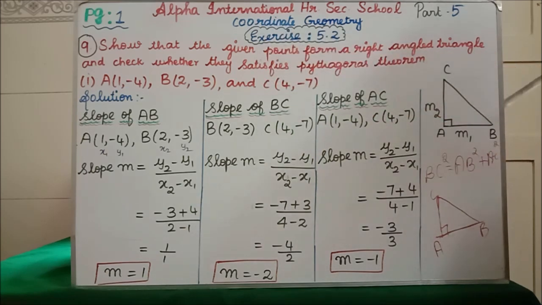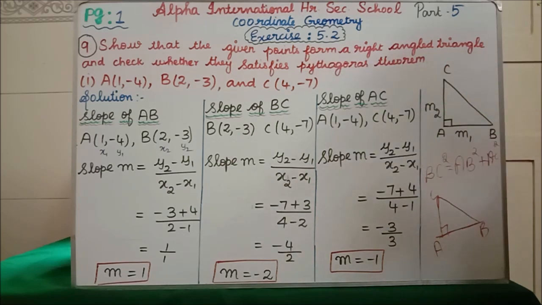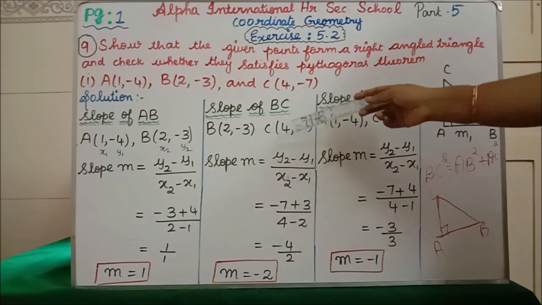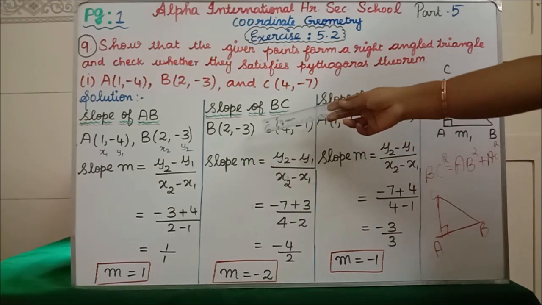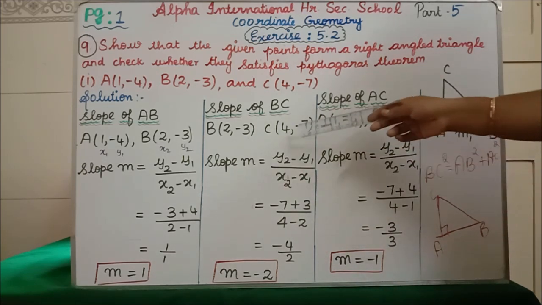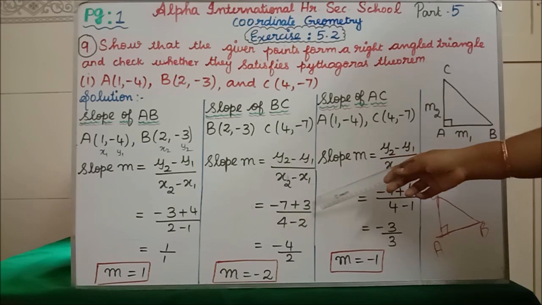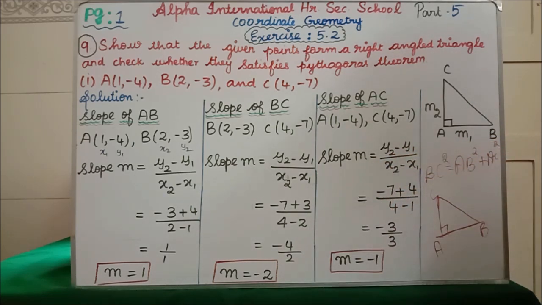Next we are coming to the next side, BC. Now B point they have given, C point they have given. Again the 2-point formula. This is our x1, y1, x2, y2. So y2 is minus 7, y1 is minus 3, in the formula 1 minus, so plus 3, divided by the x2 value, which is 4 minus 2. So minus 7 plus 3 divided by 4 minus 2 is what? Minus 4 by 2. If you cancel we are getting minus 2. Now the slope of BC is minus 2.